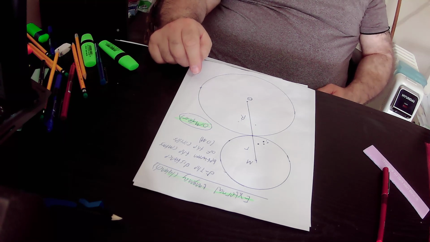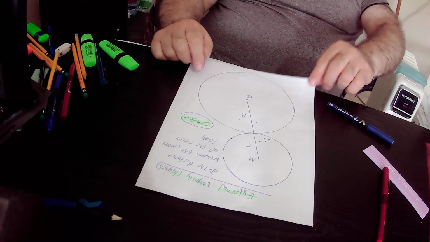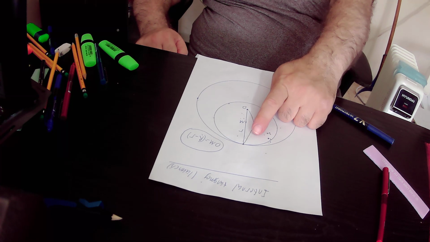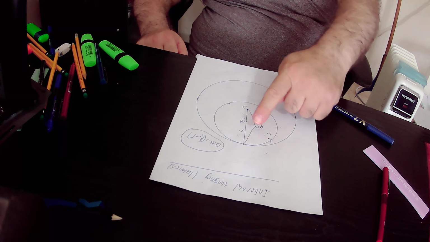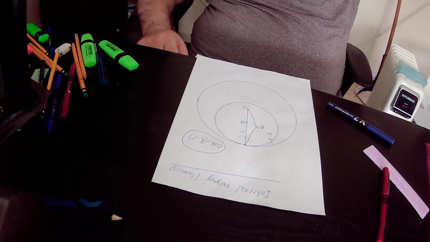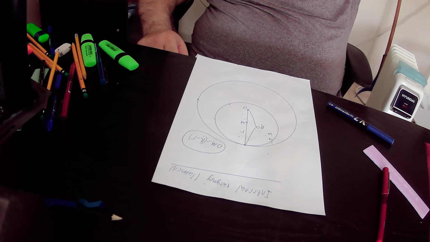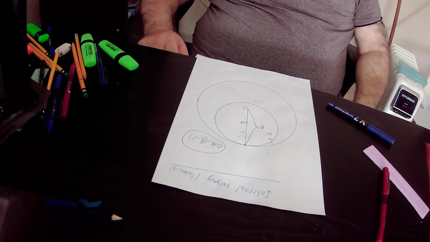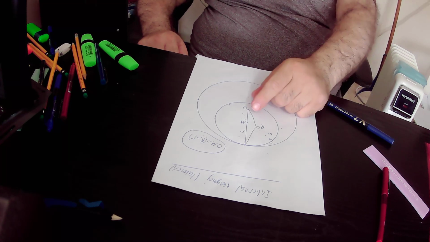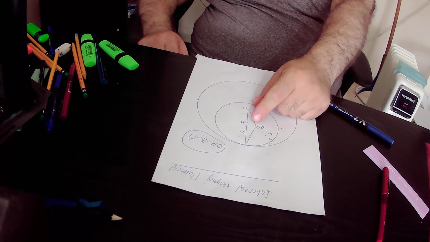And we also have a second type of tangency between two circles. When two circles are touching each other internally, like in this drawing, those two circles are touching each other internally at this point. This is the point of tangency between the two circles. Then it is defined as the internal tangency. Okay? And the distance between the centers of the two circles, that is to say, the length of line segment MO,